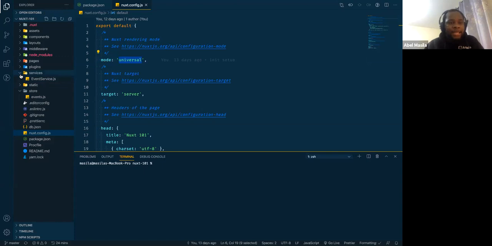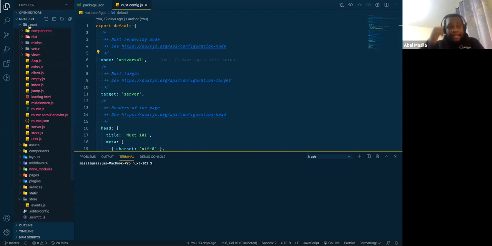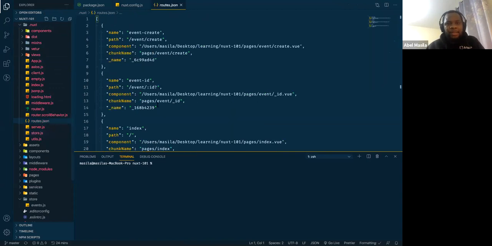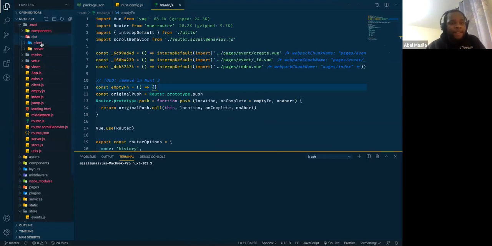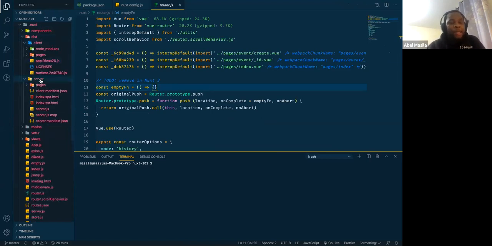But when you run this application in universal mode, this folder .next is generated, and this is where the magic happens. Inside this folder, you can see all your Vue.js code, the store, the routes in a JSON file, the router, and so forth. When you go to the dist directory, we have the client and we have the server. When you request a page, the pages have already been listed in your server directory, and this server, which is basically a node server, will generate an HTML page for all the pages in the server.